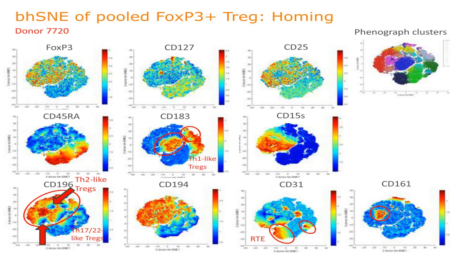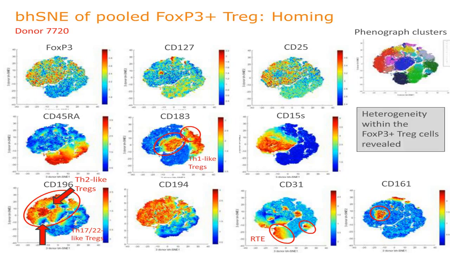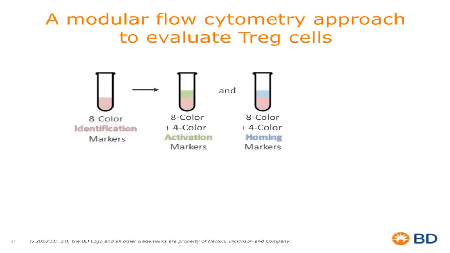How is this donor compared to a pooled sample of donors? And again, we've further dug in and been able to really resolve the heterogeneity within the FOXP3 positive T regulatory cells. So in the end, I hope you can appreciate the utility of a modular flow cytometry approach like this,